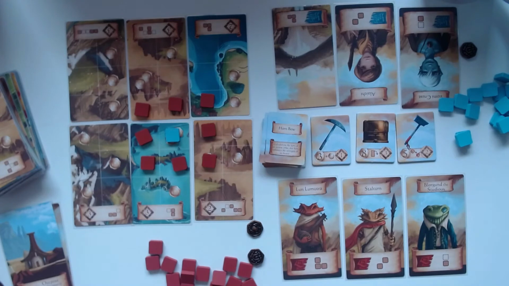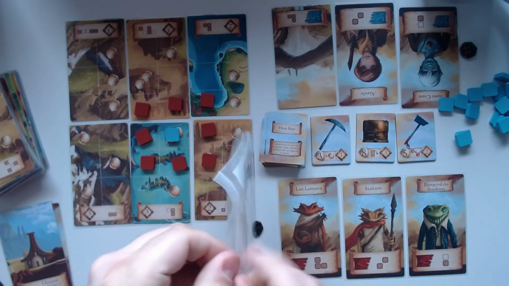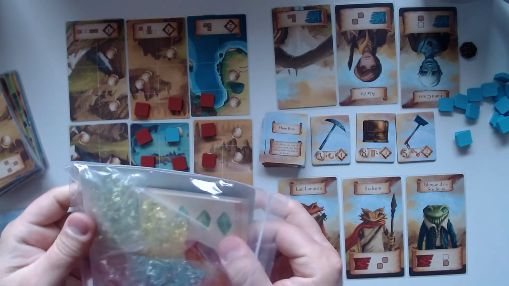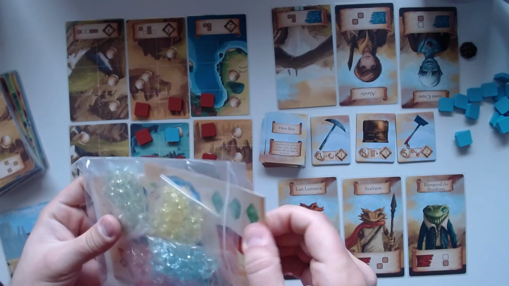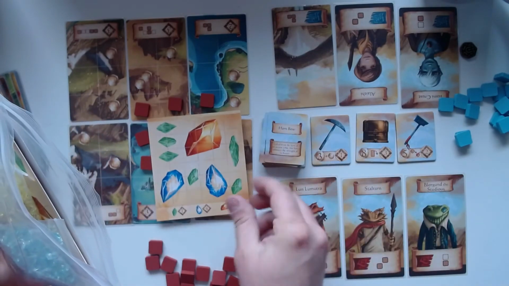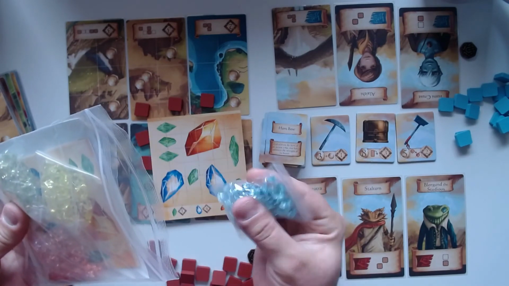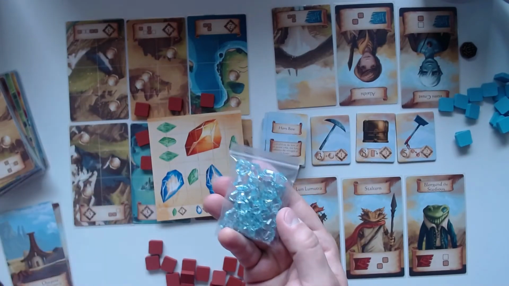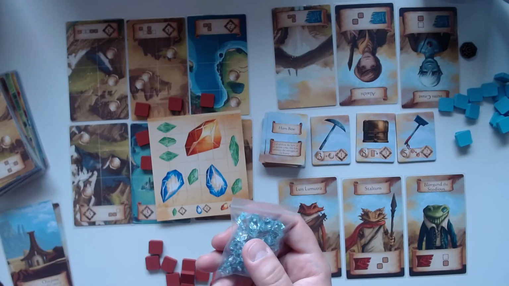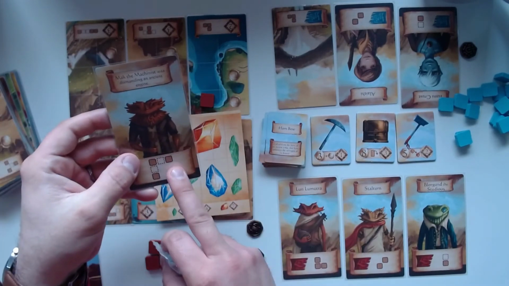And then there's one more thing. I don't know what happens if you order the game now, if you get that, or if it's a Kickstarter exclusive. But there actually was like a small mini expansion in here. So what happens is every player gets like an additional card here with gems on there and gemstones in his or her color. And what happens when you find someone, for example, this creature we found before,